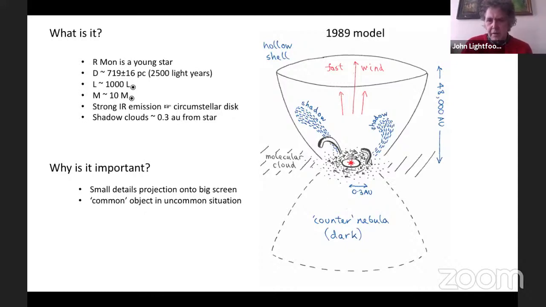This object is so far away from us that 0.3 astronomical units is far too small a distance to actually be resolved by a telescope on the ground, even if we could see it through the obscuration. So this is really, I would say, a unique object. I think all reflection nebulae around young stars are potentially this interesting, but this is the star of the stars, because it's so well presented to us.